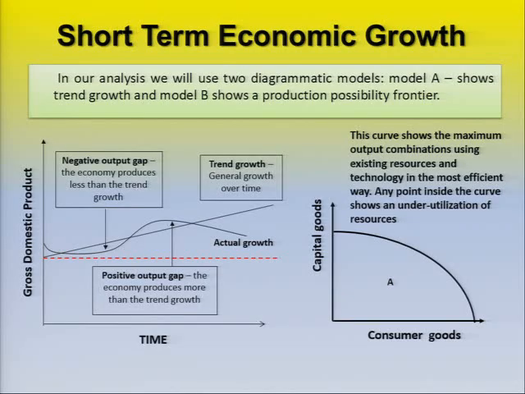Now, any point inside the curve itself shows that there is an underutilization of resources. I'm now referring to the diagram on your right, which is the production possibility curve. So any point that is inside the curve itself,